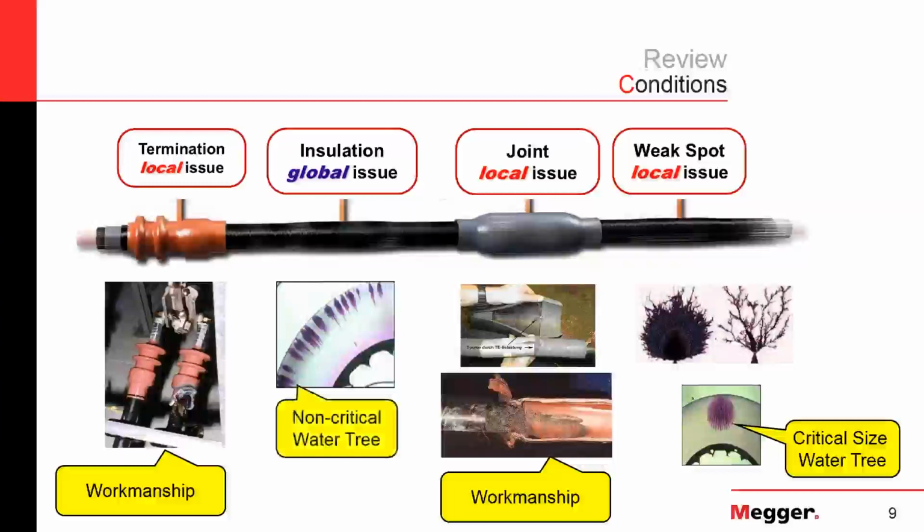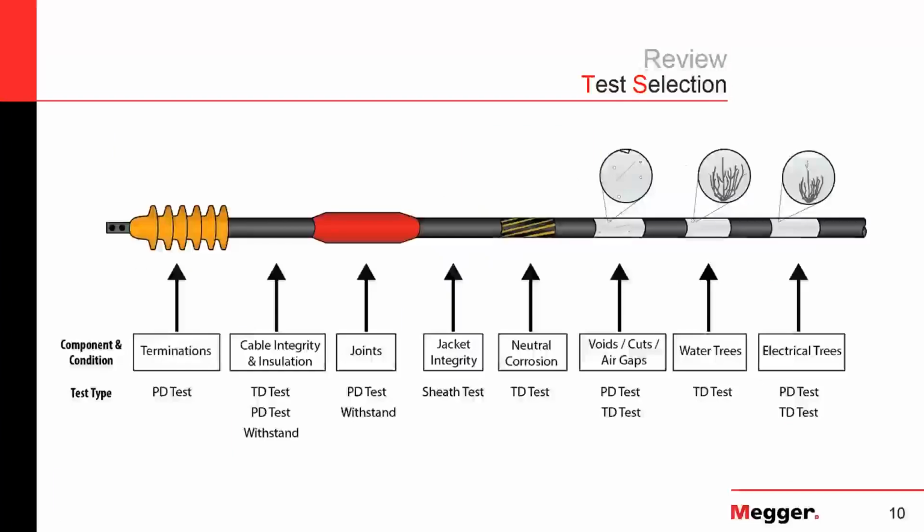That's something that we'll find throughout the entire length of the cable. The bulk insulation will have these water trees throughout either the entire length or at least a decent section of it. And these different aging conditions, these different weak spots in the cable, they need different methods of testing to try to locate them. So if we take a look at this overview of the test selection, we can see